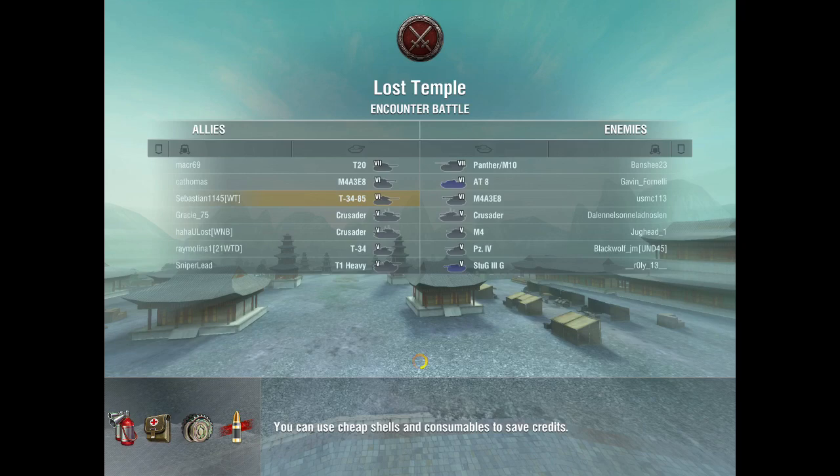So another game on Lost Temple, but this time I believe instead of flanking, I go temple. So this is how you're gonna approach the temple style. It's a different situation. There are tier 7s in this game, but it's only one tier 7, a Panther M10, which I do believe gives us some problems because of that quick reload and good pen, but it's not really